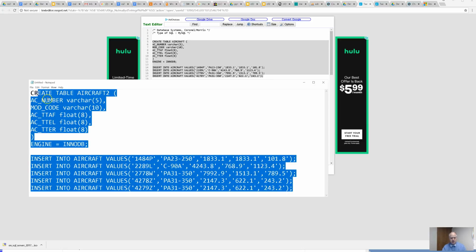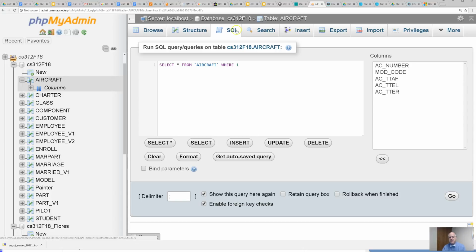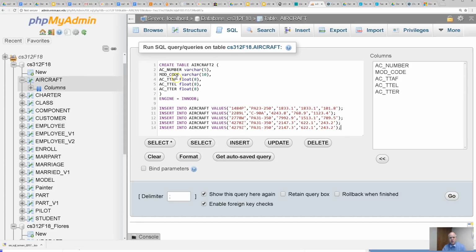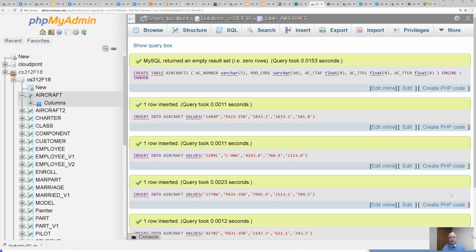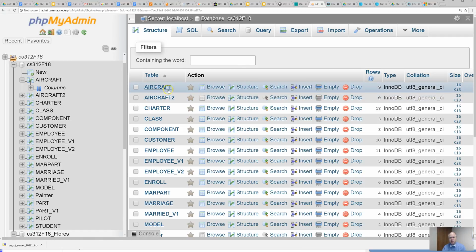Now I'm going to copy that code, Control-A, Control-C, copy. I'm going to go over to phpMyAdmin with my database selected. I can now go to SQL. One way to tell that your database is selected is it shows up there at the top of your little address bar thingy. And I'm going to replace that select query that goes in there by default with create aircraft 2 table. And go. And I should be happy, all green. Now I can go back to my database, and I see that I have tables, aircraft